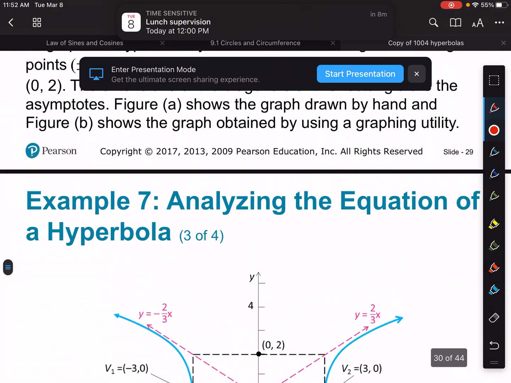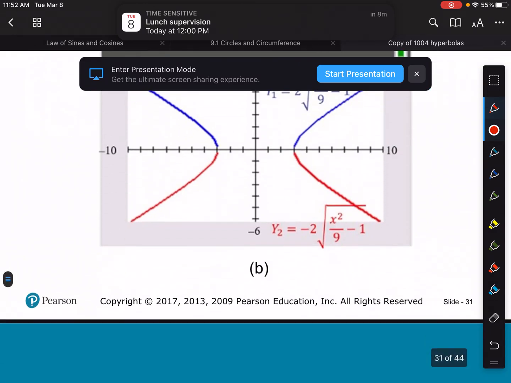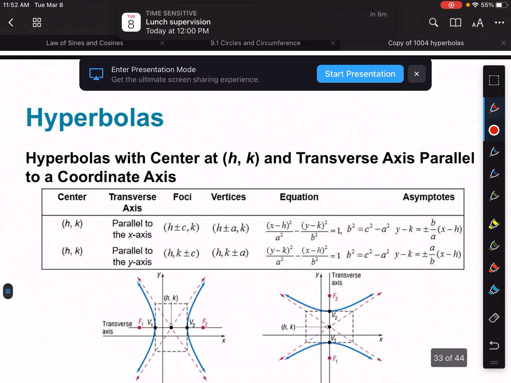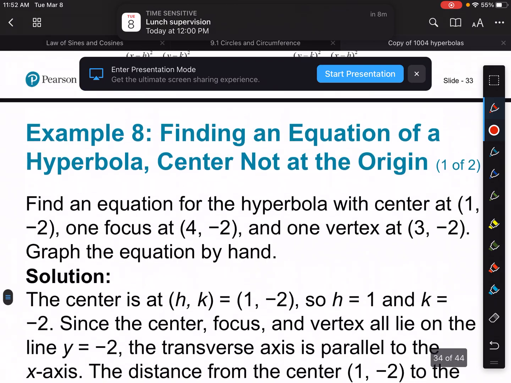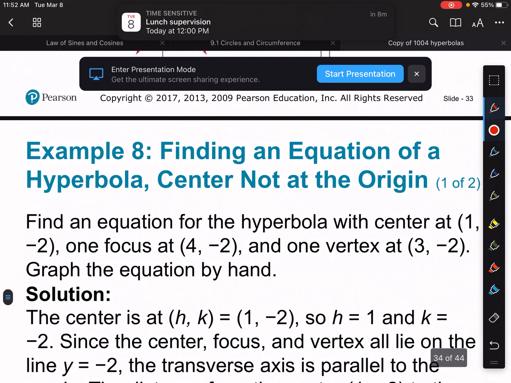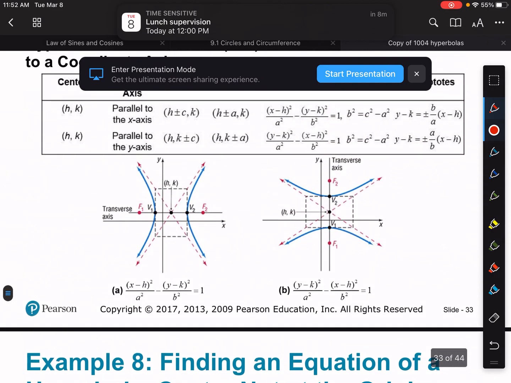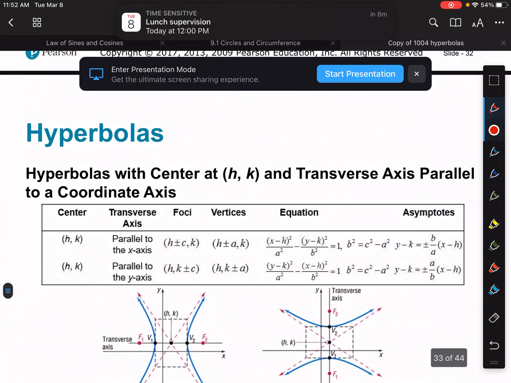So example 7 was just showing you a little bit more of the algebra. And then the last little bit of this is what happens if we shift the center so it's not at the origin. Just know that if you shift the center, then if you look at this chart, it's just like everything else, right? Whatever makes it go to 0 is how I'm going to shift it. So for instance, if I had a center at 1, -2,